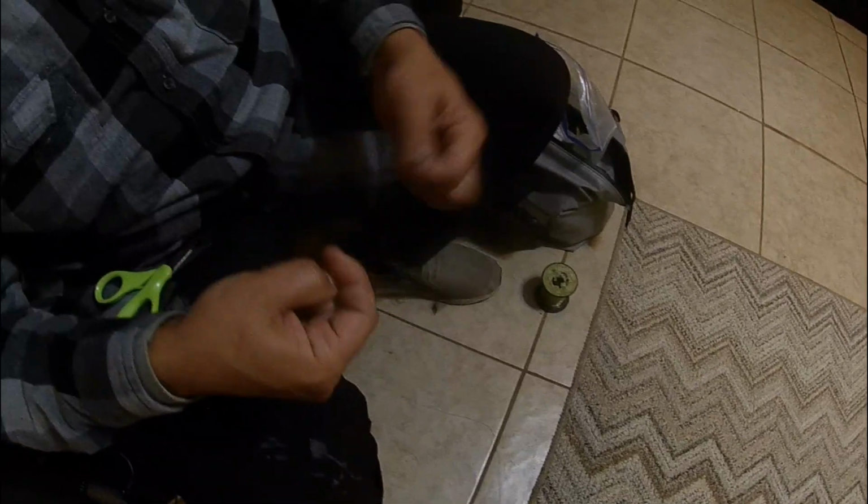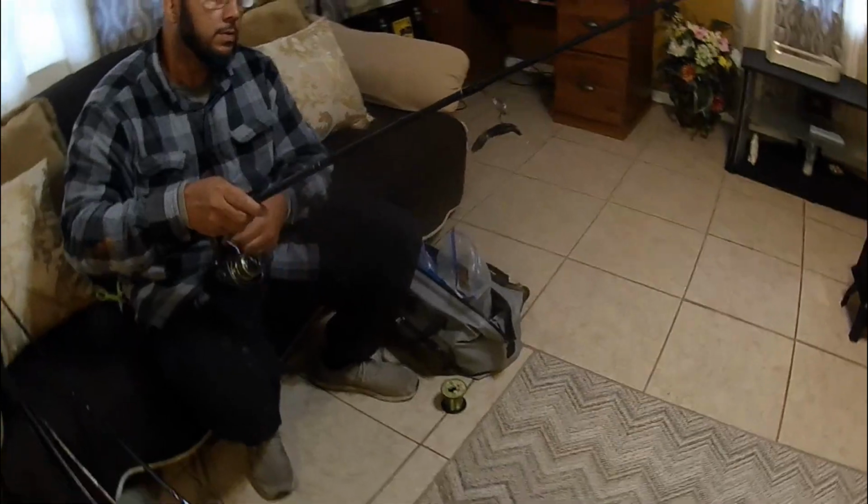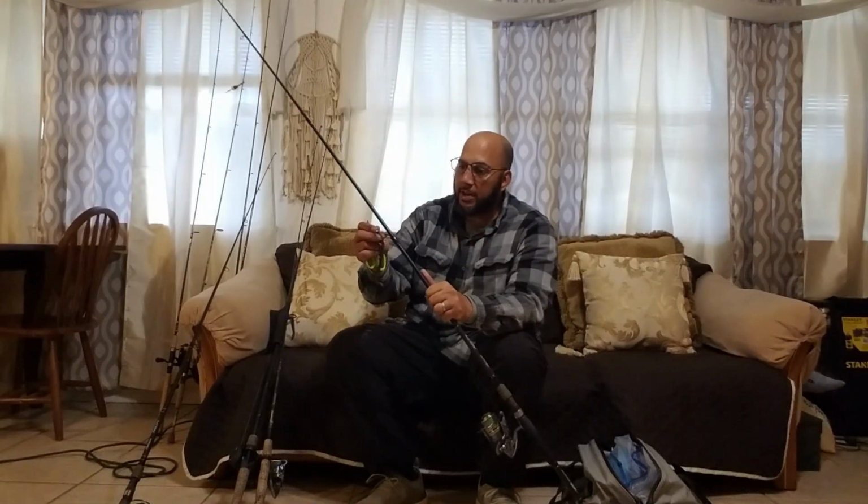So, just cut my tag in. And that's that one. Rigged up, world. Ready to go. What I've been using today, believe it or not, this time of year, it's January